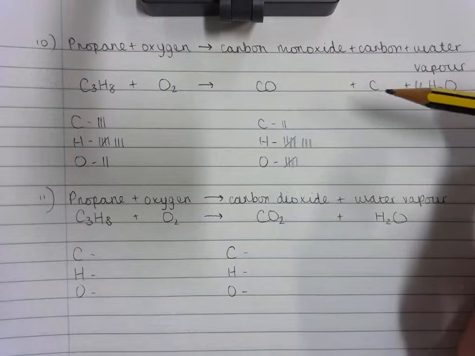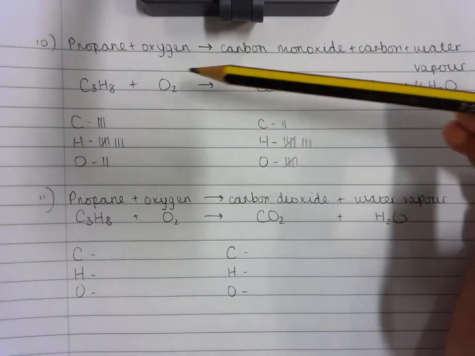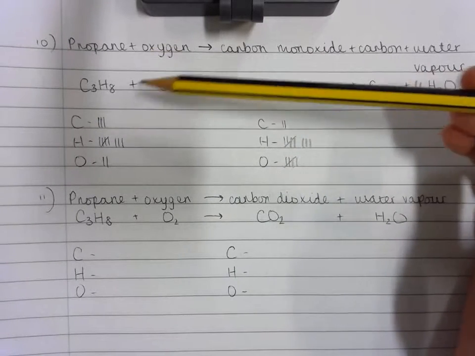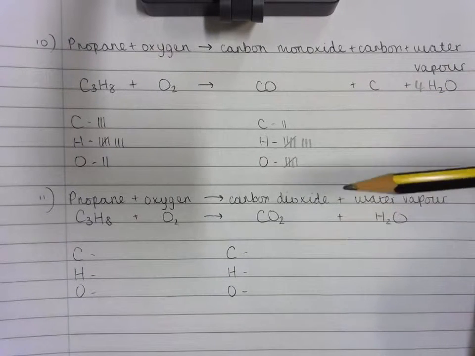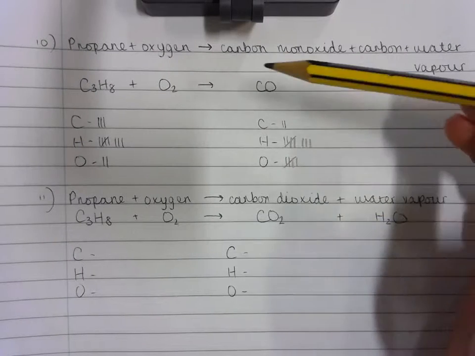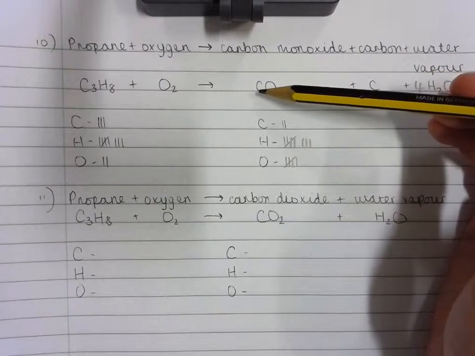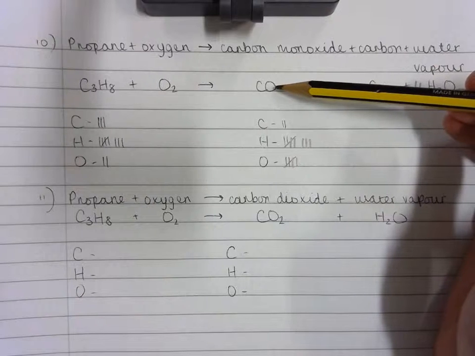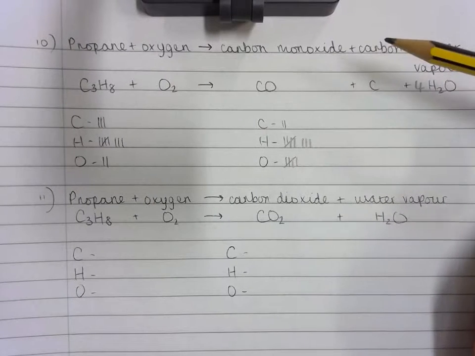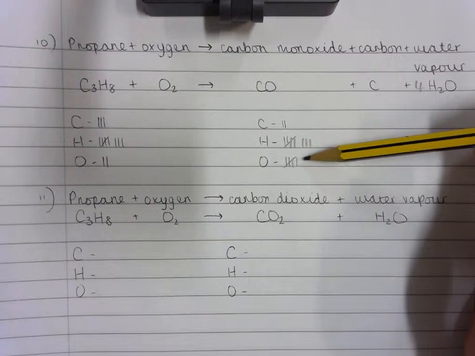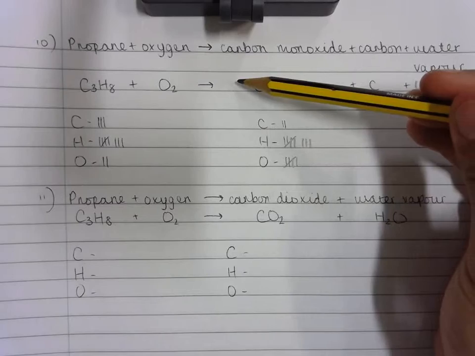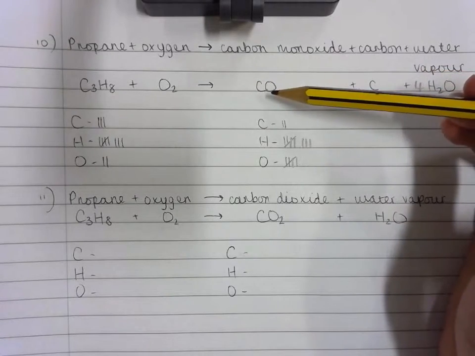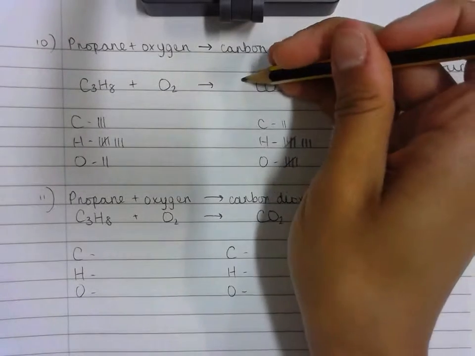I now need to increase the amount of carbon atoms on the product side of the equation. Now, if I increase it on the carbon monoxide molecule, that will be favourable because it will also increase the number of oxygen atoms by 1, which would make an even number of oxygen atoms, which is much easier to deal with. So I'm going to put a 2 in front of the carbon monoxide molecule,